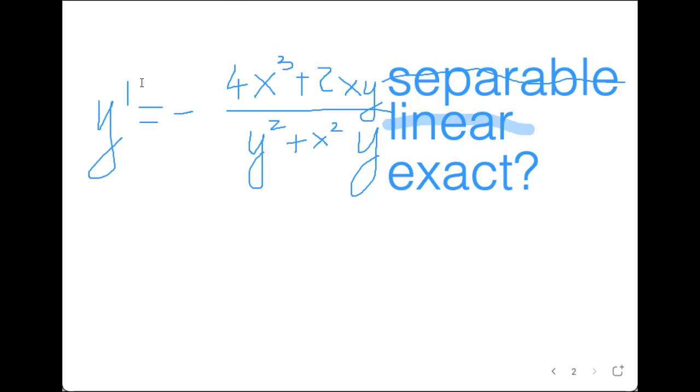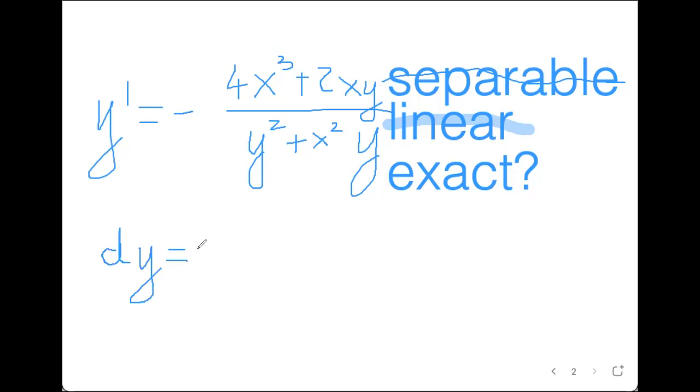So y prime is the same as dy over dx. So this equation is the same as, up to formally multiplying by dx, this equation is formally the same as dy